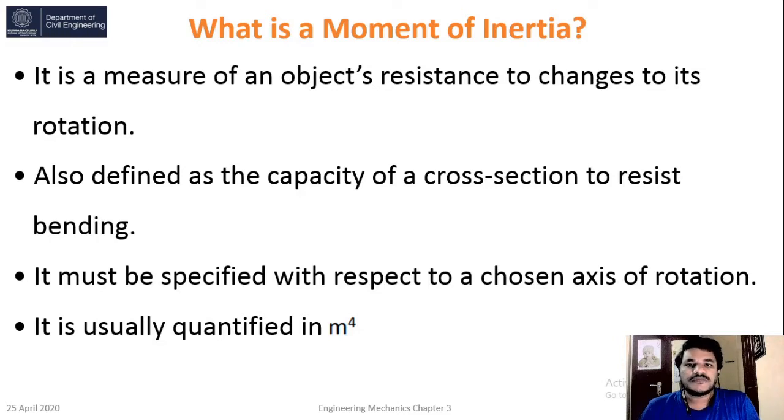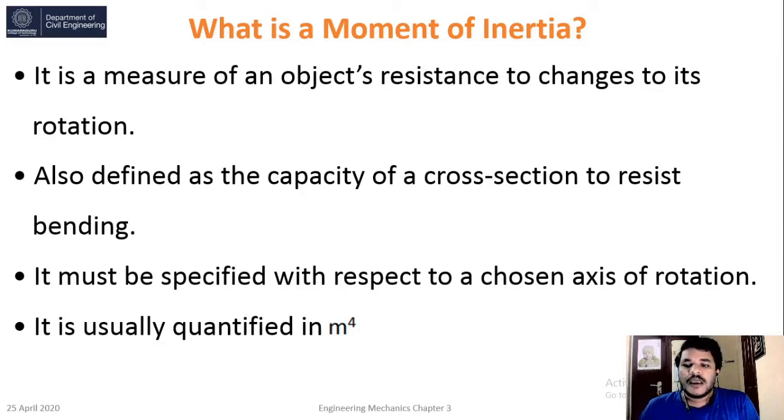Basically in buildings we are using rectangular or square sections. In the case of bridges we are using I sections, girder sections, Y sections, and so on. So why are we not using the circular section as a beam? The main reason is the moment of inertia. Only rectangular, I section, Y section, like those sections we are using. That is the meaning of the capacity of the cross section to resist bending.